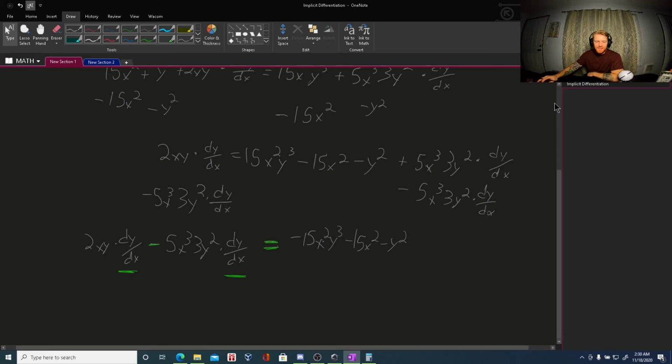Jeez, math can be just tedious. So now we factor that out, and then we can really see the light at the end of the tunnel here. dy/dx times 2xy minus 5x cubed 3y squared equals